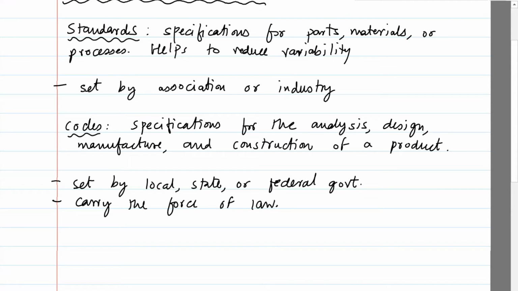Which means that no matter what the standards are for a particular product, the company has to abide by the specific codes, because if not, there will be a lawsuit, right? And then that's not good. So if you go to the book, it gives you a set of standards and codes relevant to mechanical engineers. I will not go through them, but